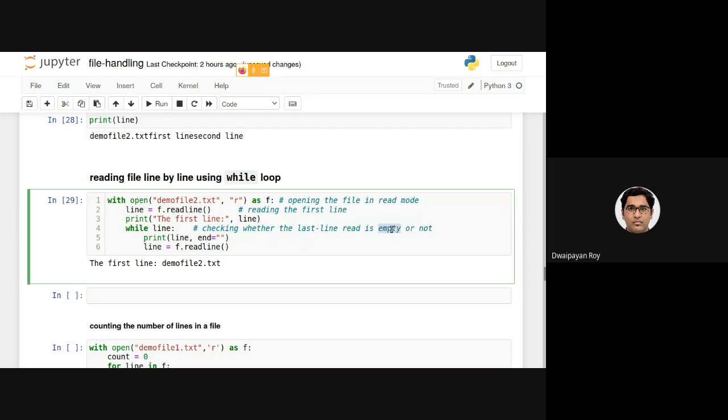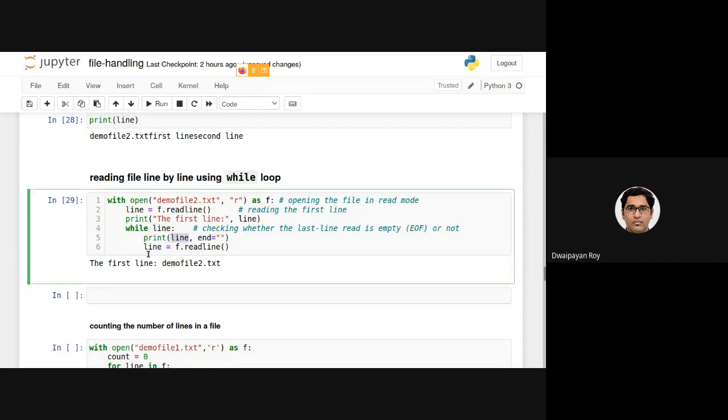Here, empty means end of file. So now line contains demo file 2.txt, and it is being printed.